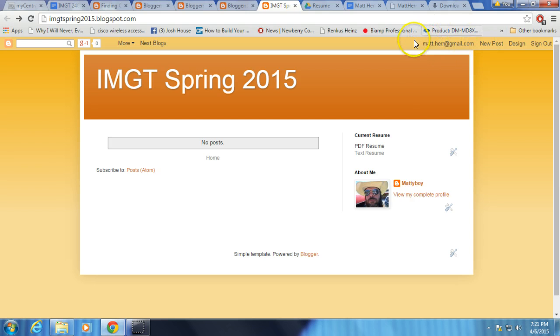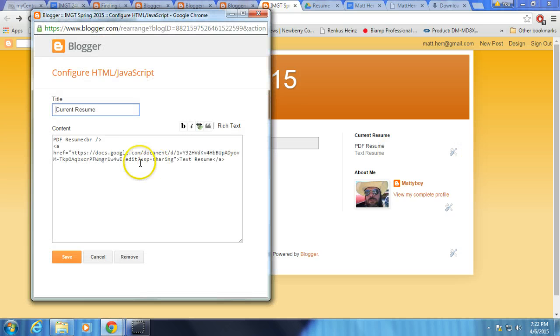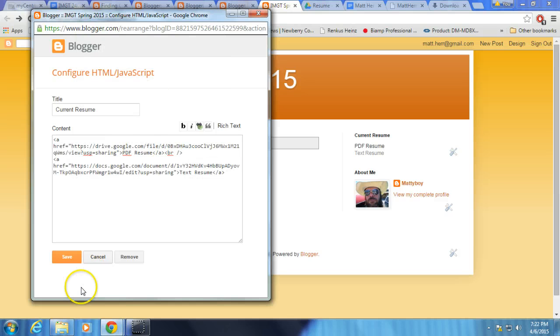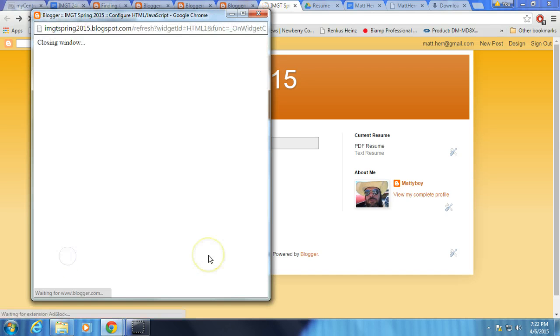I'm logged in here. I'll click on the little wrench and the screwdriver to edit, and now the one that I want to link is PDF Resume. So I highlight it, I choose Create Link, I just Control V as in Victor, paste that link that I copied from the previous page, choose OK, save,